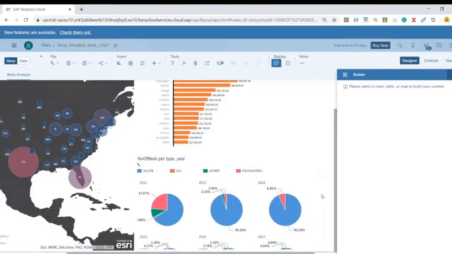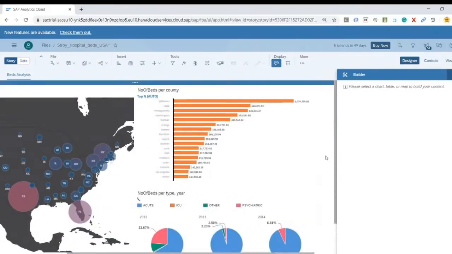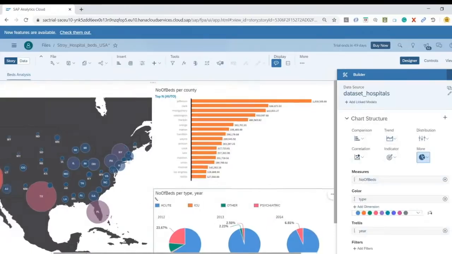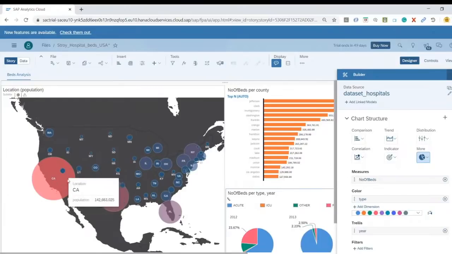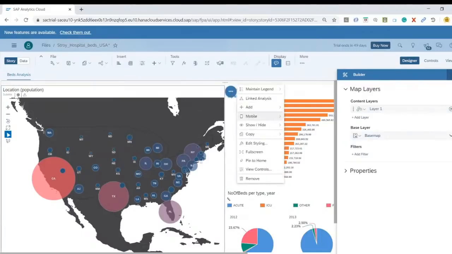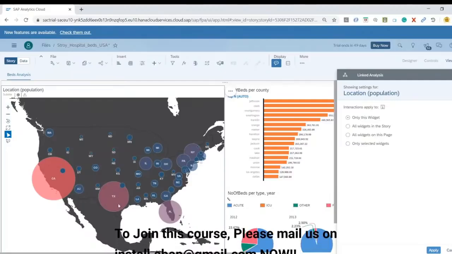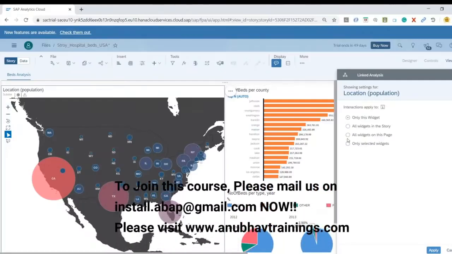And now it's time that we do the breakdown depending on the selection. So first breakdown, what I want to do is based on selection of state. So what I want is whenever a user selects a state, I want to show all the counties in that state. So I want to only show the number of beds related to that selected state's counties. So I will go back and activate something called a linked analysis. So we're going to have a lot of discussion about this in our chapter number 5 in the course. So I will say, hey, whenever somebody selects a data point, one of the states, what you do is just